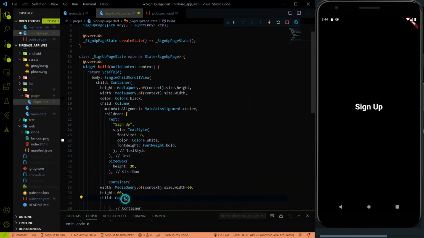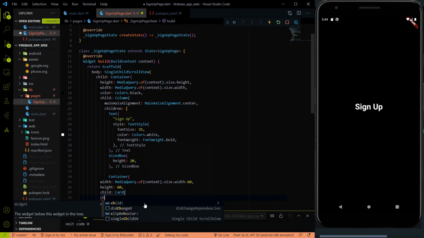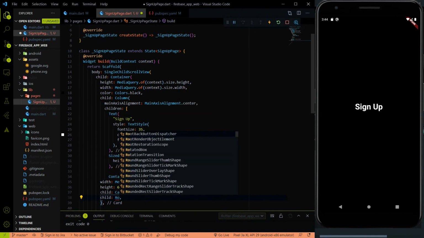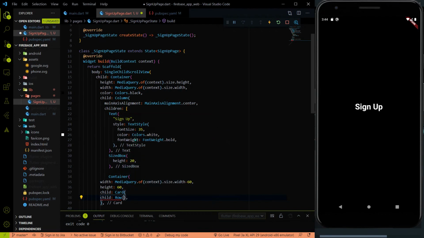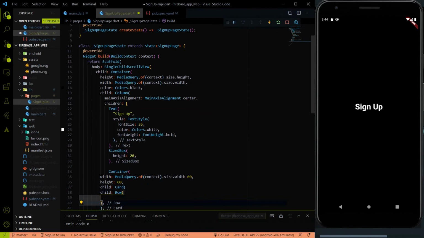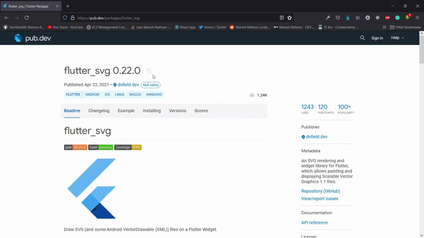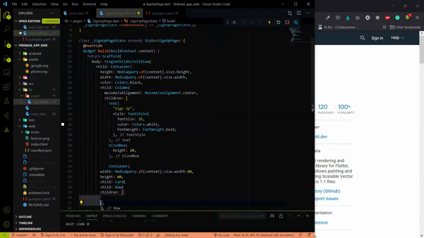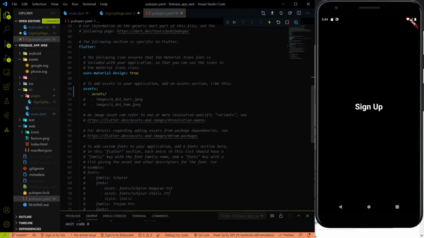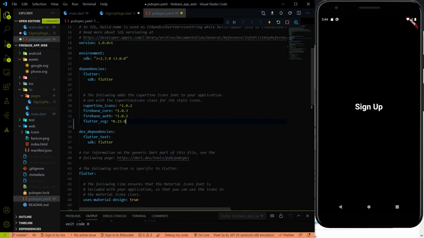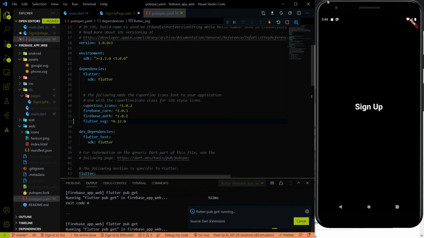and in the card, the child of the card will be a row, because in the single line we will need two things, the image and the text. So row has the children property. The first child we are going to use will be a picture, and you can see that the picture is in the SVG format. Because of that, we will require another package of Flutter, which is the Flutter SVG, to use an SVG. Okay, so I'm going to use the Flutter SVG package, and I'm going to paste it over here, and after hitting Control S, the flutter pub get will run,